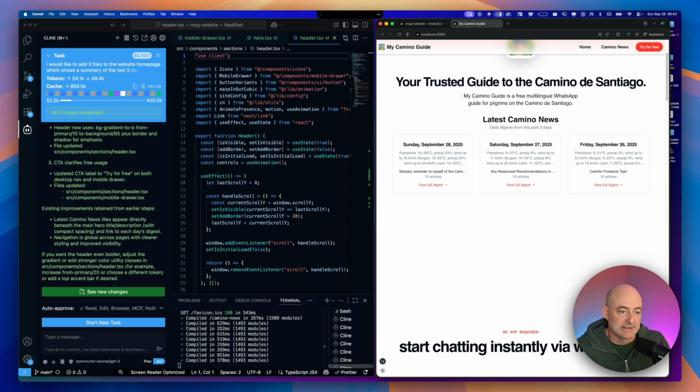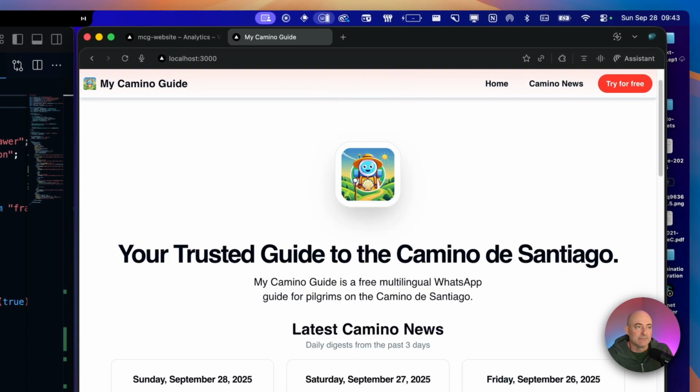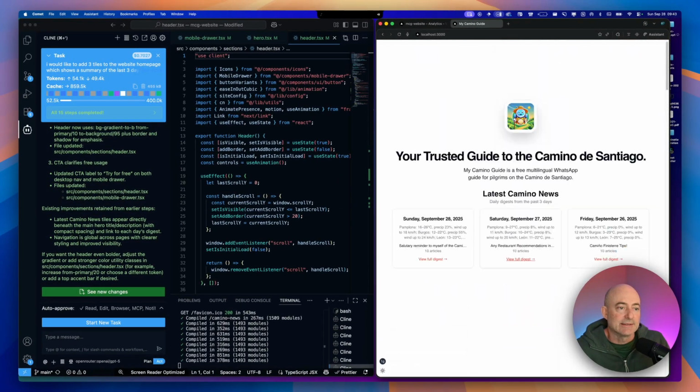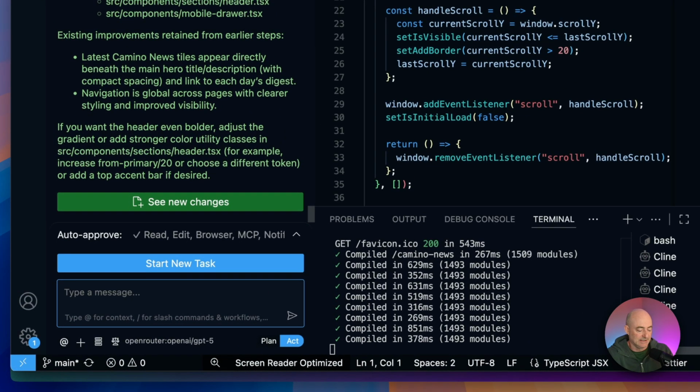So I'm going to have to fix this spacing, not a big deal, but I really like this gradient on the nav. It's much, much more visible and it stays. That's great. That's really, really nice. Okay, last thing I need to do before I push these changes is...